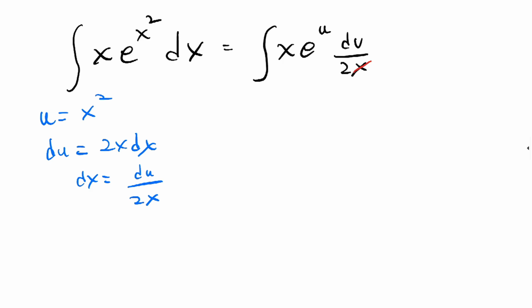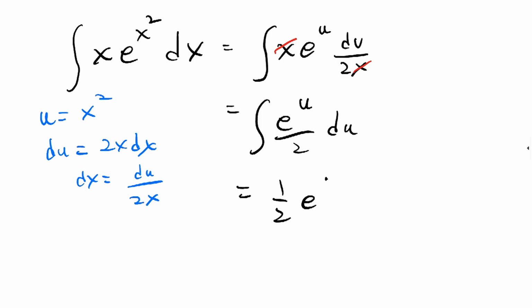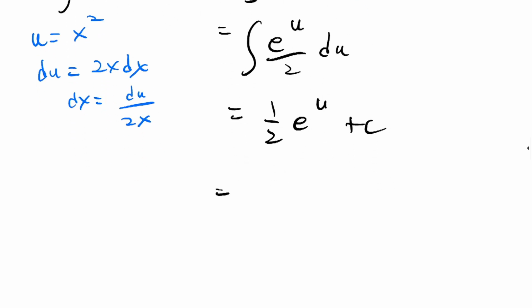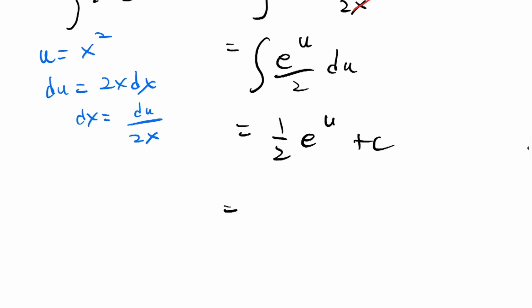Once again, the x's are going to cancel very nicely, and we now have the integral of e to the u over 2 du, and this is just 1/2 e to the u plus c, and of course plugging what we made the substitution for u back into the final result, we will have 1/2 e to the x